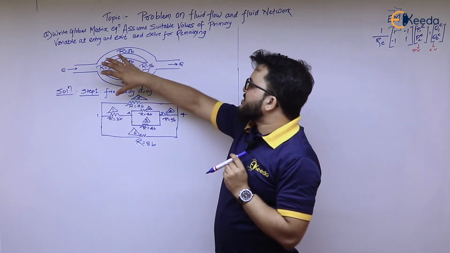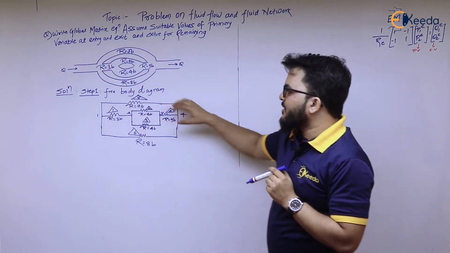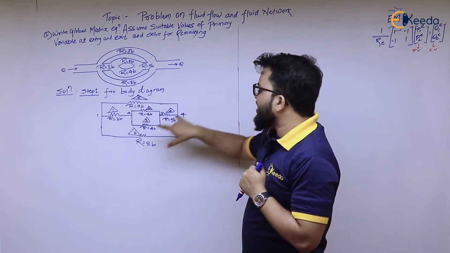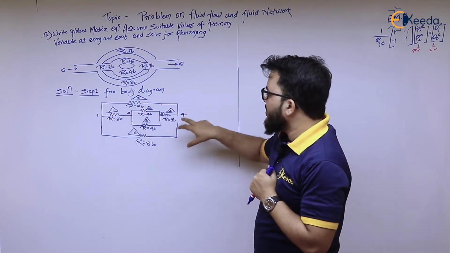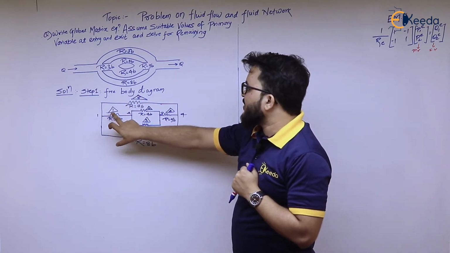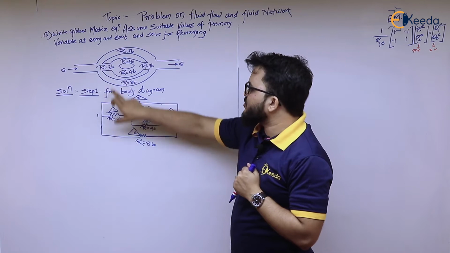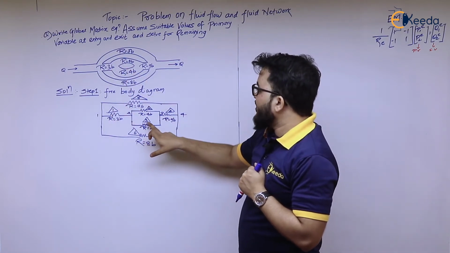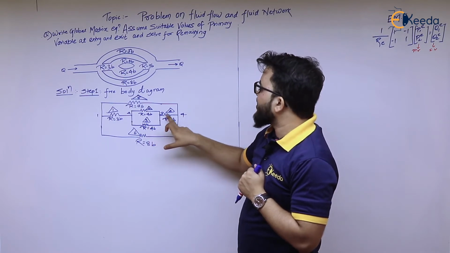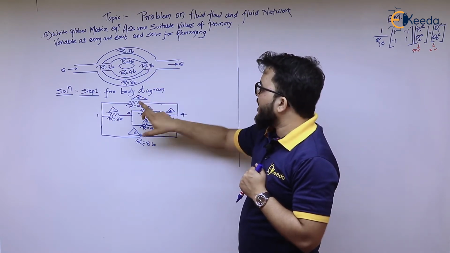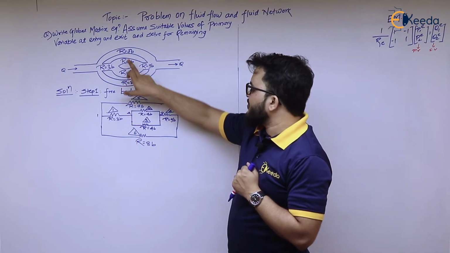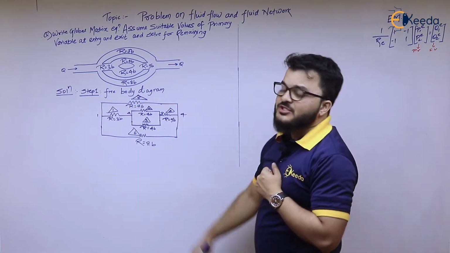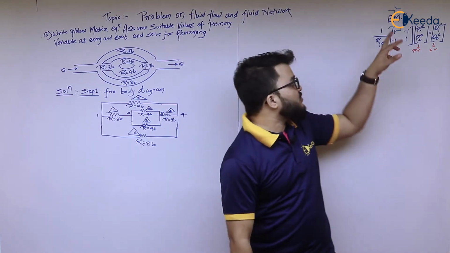So if I look at this network, first we will draw the free body diagram. As per our rules, there are a total of 6 elements, which are denoted in triangles. Element number 1 has R equals 3B, element number 2 has R equals 4B, element number 3 has R equals 4B, element number 4 has R equals 9B, element number 5 has R equals 7B, and element number 6 has R equals 8B. Now from this we will generate the element matrix equations using this formula.